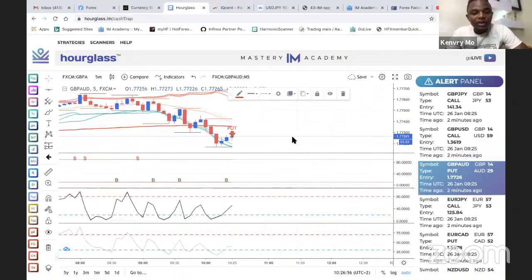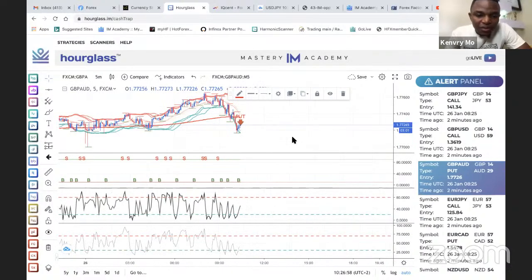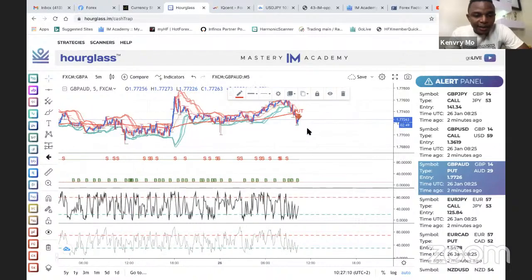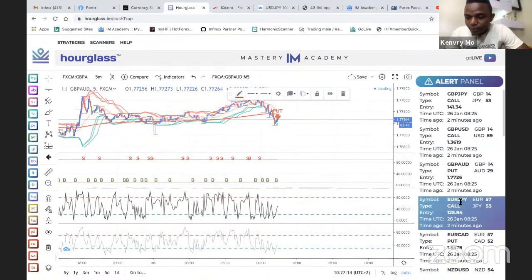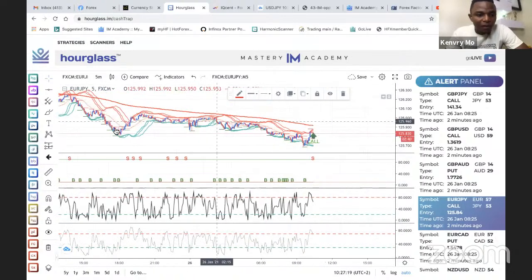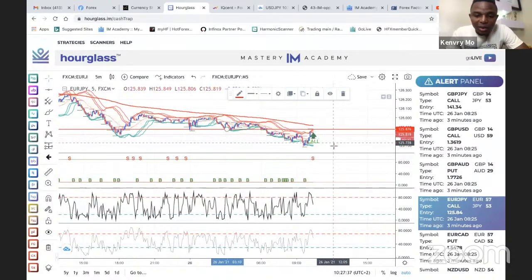GBP AUD is a sell as well. So if I look at it right now, where's the floor? This market is confused. I don't like it. EJ both are the same strength. Okay, good. We have a floor here. The market has already hit that. It's a sell trend, so we had a floor around these areas. Come on, the market has hit that floor and it's coming back. If it comes there again,